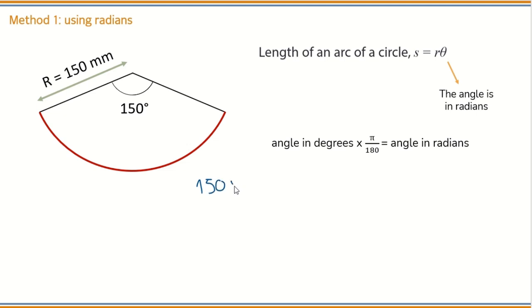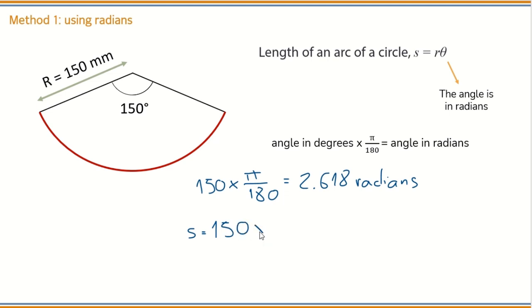150 times pi over 180 is 2.618 radians. So the length of this arc is going to be the radius times the angle in radians. The radius is 150 millimeters and the angle in radians is 2.618, and this is